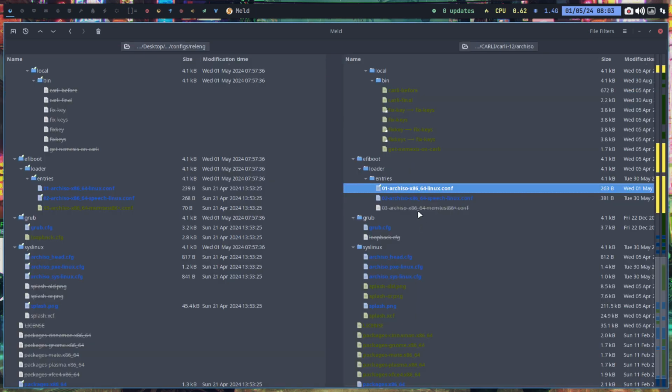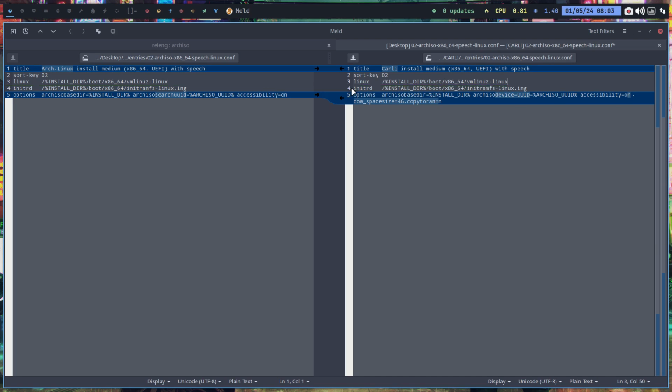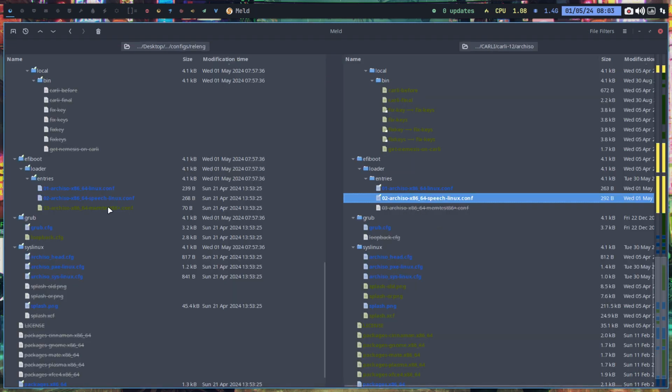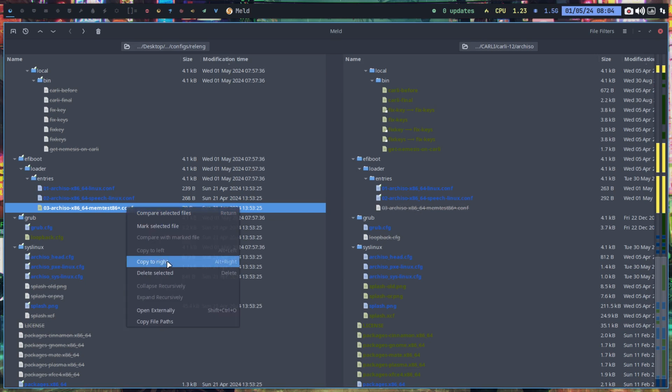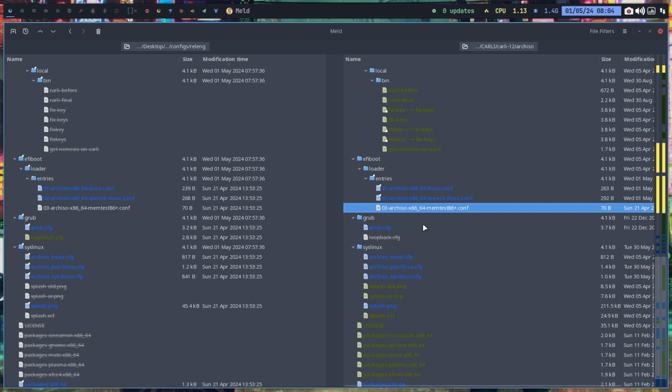Looks good, save. Second one. So they found another way of doing this. And then I still probably have the copy paste in my Control V, yes. Let's compare this one with this one. Accessibility is on, and then the cow space, we've made it 6 today. Copy to RAM, no. Okay, fine. That's what you need to do, right? The memtest is something I don't want, I see, but since we are following the ArcoLinux way,